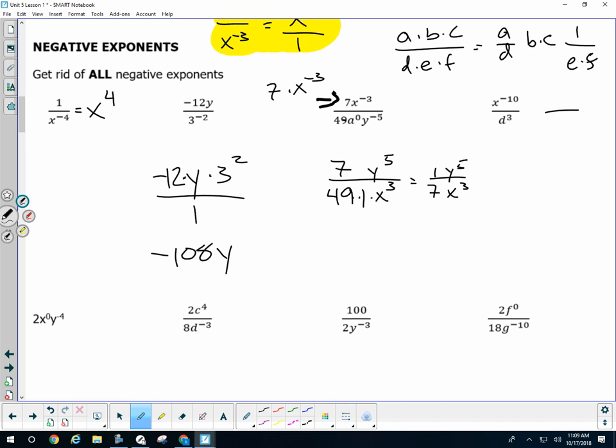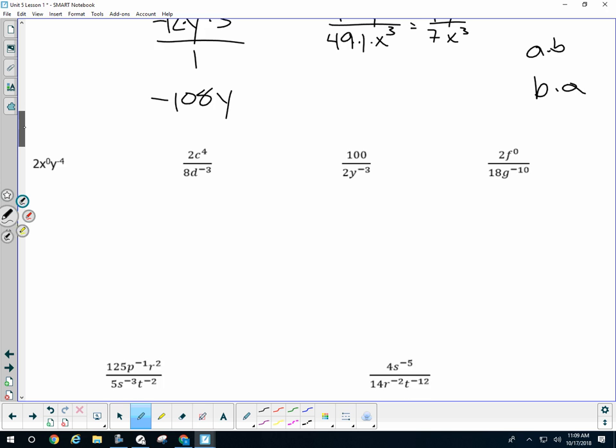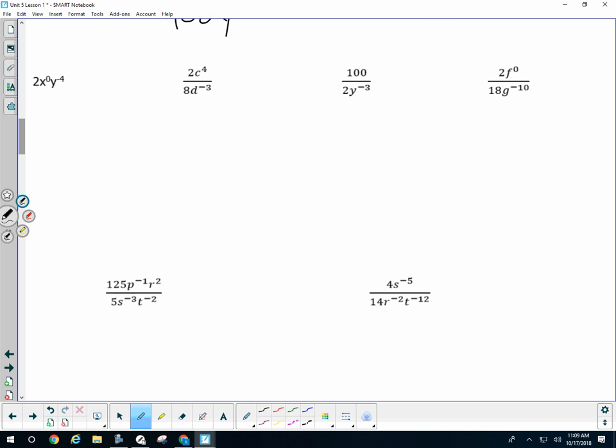If I start with a fraction, I would leave the d cubed. I would move the x to the 10th, which means I need to have a 1 up there in the numerator. Does it matter what order the x and b are in? Nope, because multiplication says if I have a times b, that is the exact same as b times a. Multiplication is commutative, order does not matter. Okay? The next one,